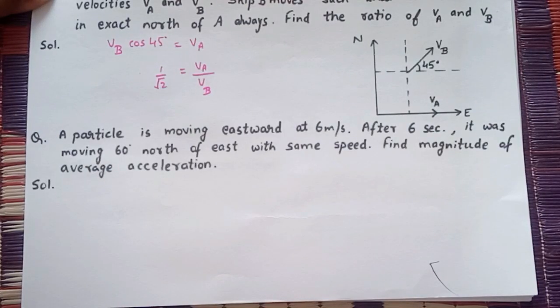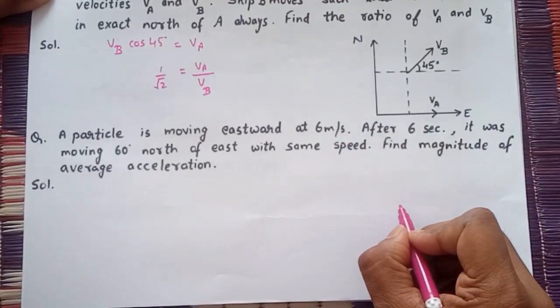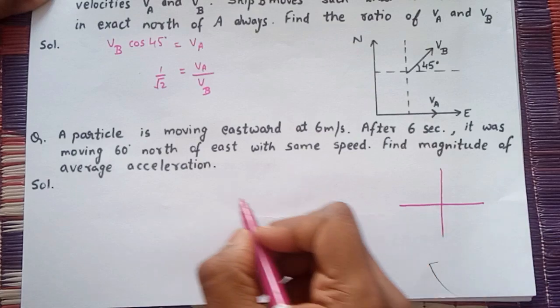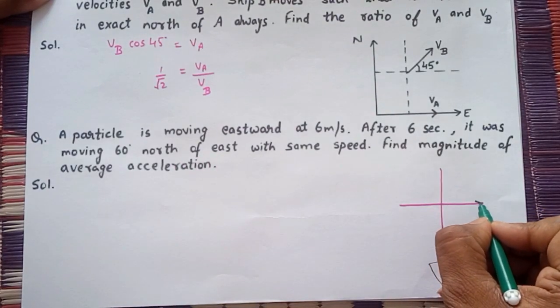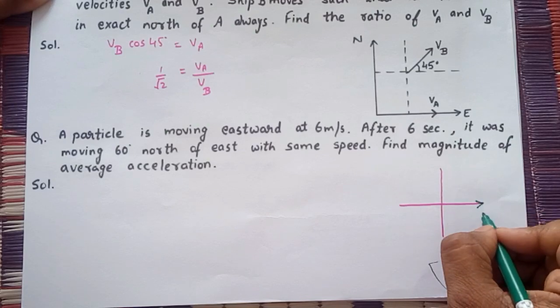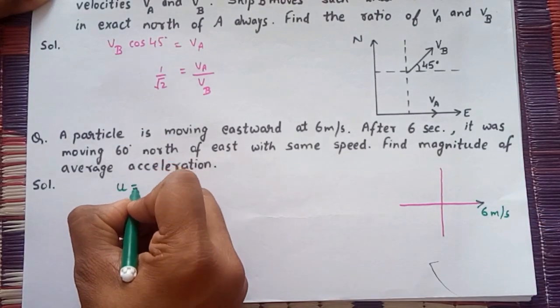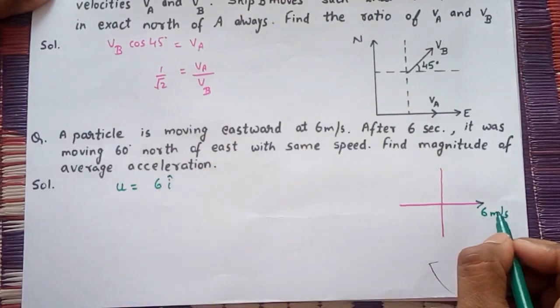Next question is, a particle is moving eastward at 6 meter per second, and after 6 seconds it was moving 60 degree north of east. Means initially it was moving in this direction with 6 meter per second. So I can write it as initial velocity, that is u, is 6 i cap, the positive direction,